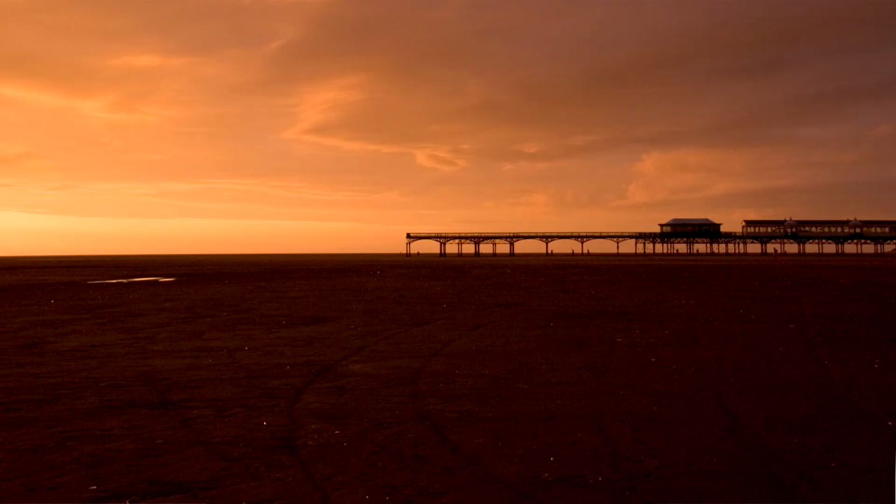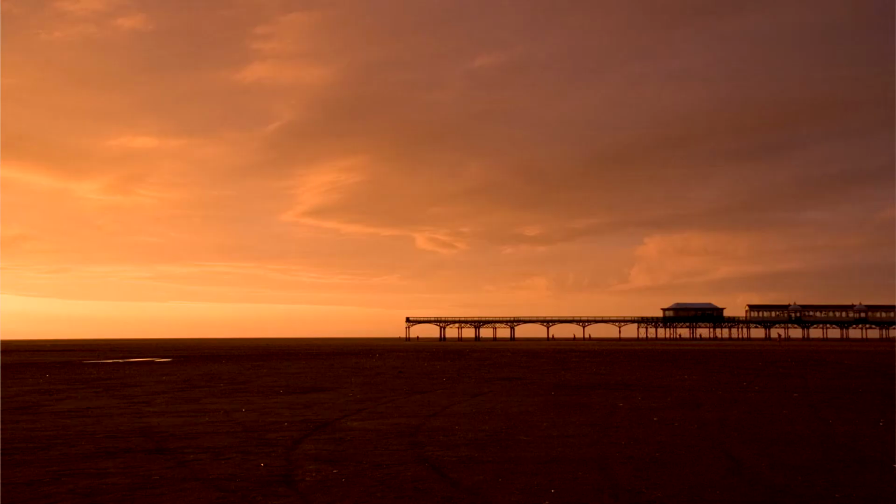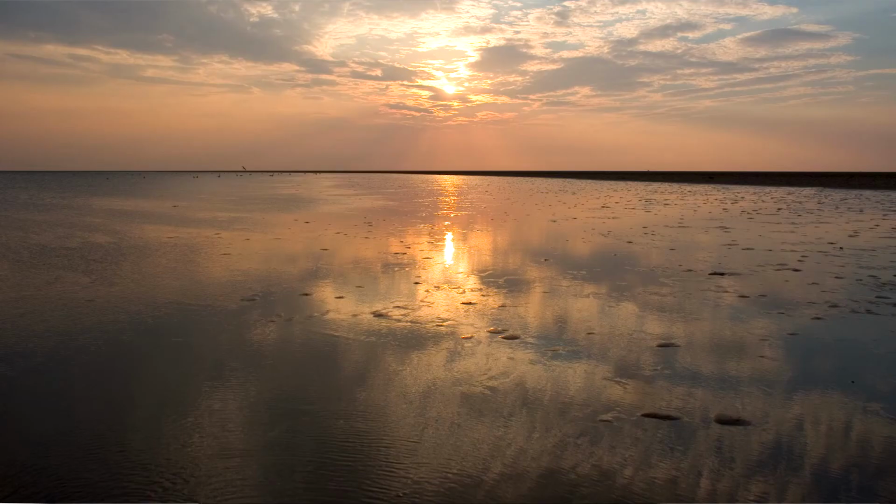So rather than taking a picture with a horizon straight through the middle, you might want to move it down onto a third, the bottom third, and show more of the sky. Or you can move it to the top third and convey a sense of space with the ground. So it's up to you which way you want to go, but try not to put it dead on the